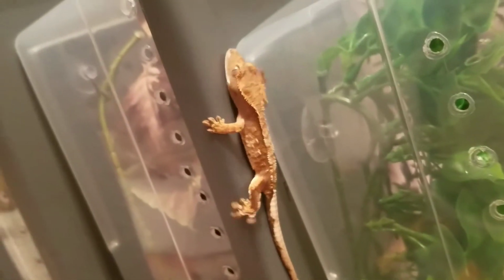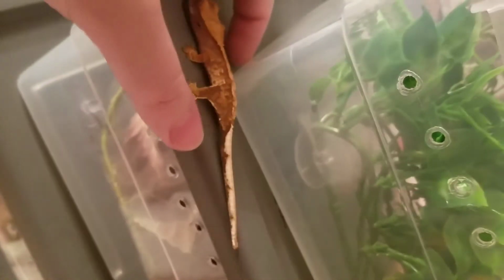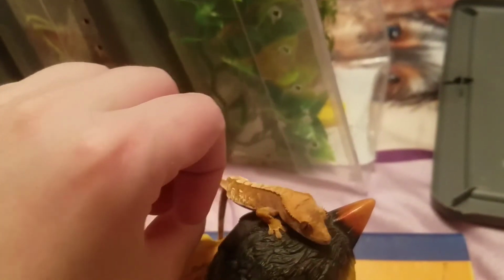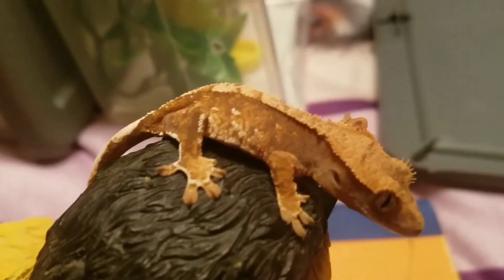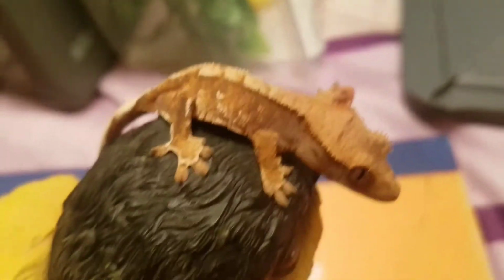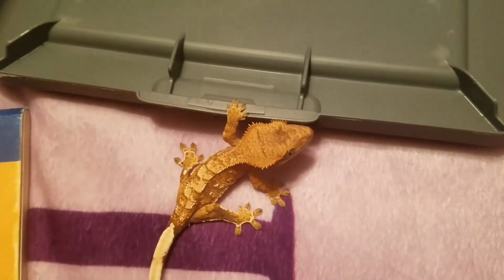This lid's a little bit slicker than the plastic because, you know, they can stick with this, but this is just kind of a weird texture. There you go. You can see this side of her for like 2 seconds. So she has the white kneecaps, which you can see here, like her dad. But it's interesting because her back pattern kind of looks more like Ember's than it does Magma or Blaze's,